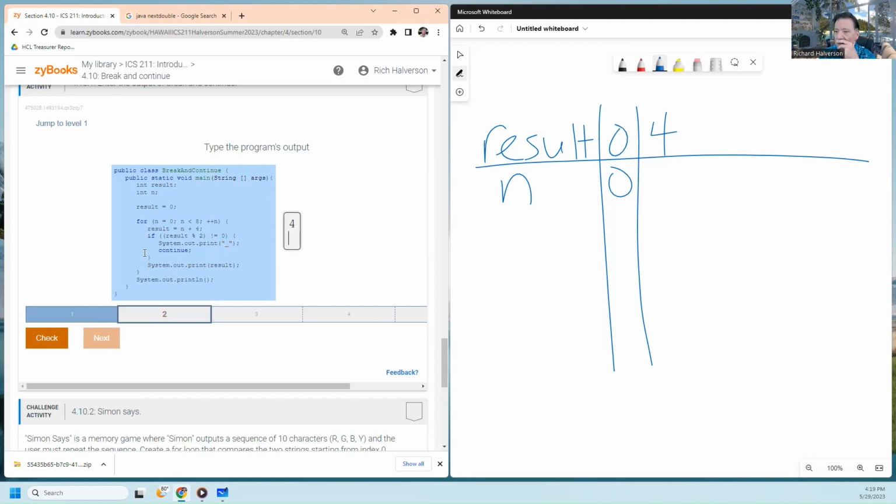And then it's going to come back around, and n is going to equal 1. And then result is equal to 1 plus 4 equals 5. Result is going to equal 5. And 5 mod 2 is not equal to 0, it's equal to 1. So I'm going to print this. I'll print this, that's an underscore. And then I come, and then I print